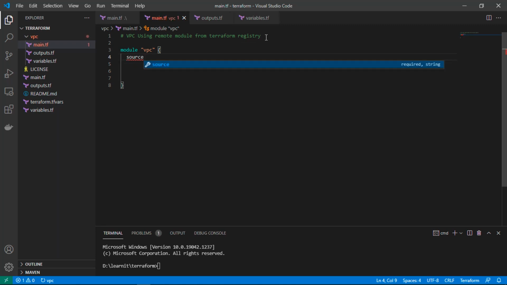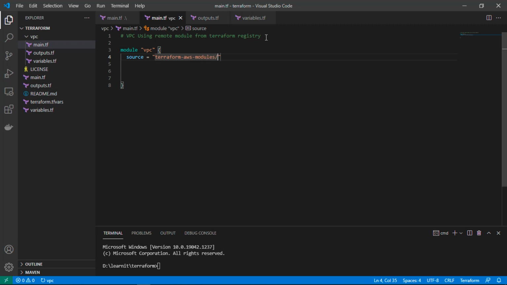And for source, I am going to provide terraform-aws-modules/vpc/aws. So you can see this source will pull a predefined module for AWS VPC from Terraform registry. You can find the syntaxes for different modules available on Terraform registry platform.